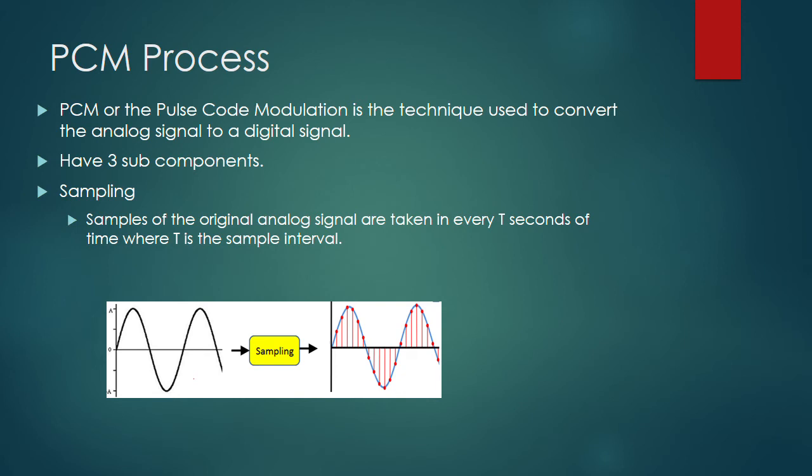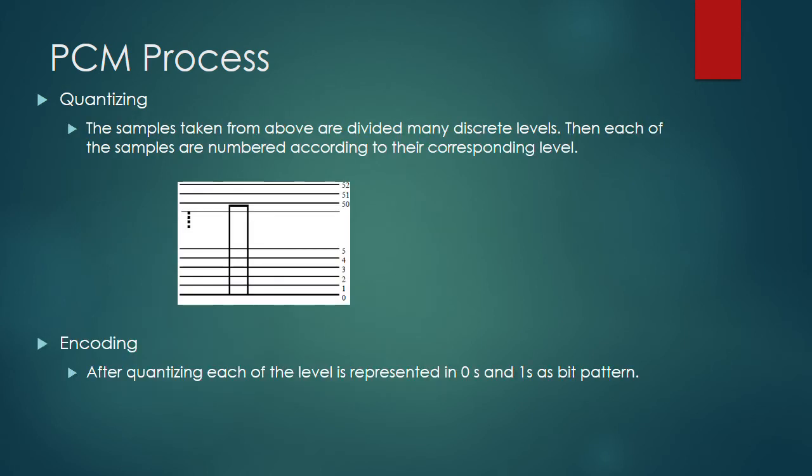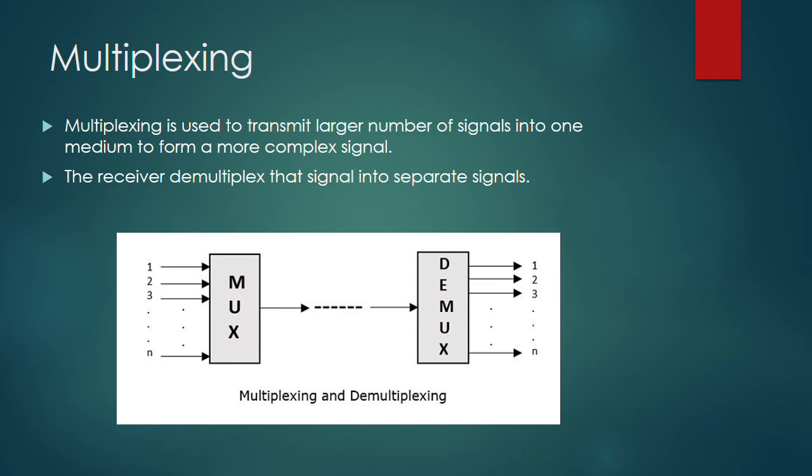So in sampling, we sample the analog signal at specific time gaps. So in quantizing, the samples taken from above are divided into many discrete levels. Each of the samples is numbered according to its corresponding level. So in encoding, after quantizing, each level is represented in zeros and ones as a bit pattern. So multiplexing,